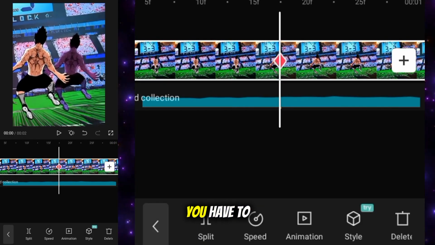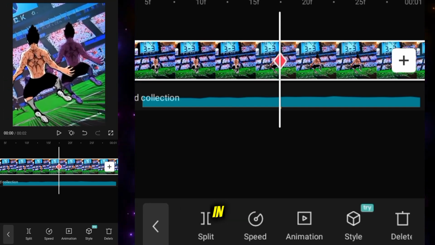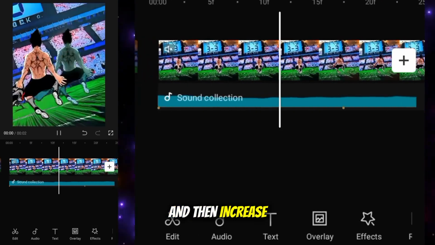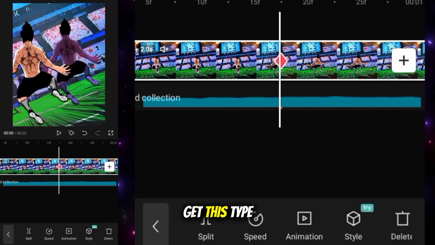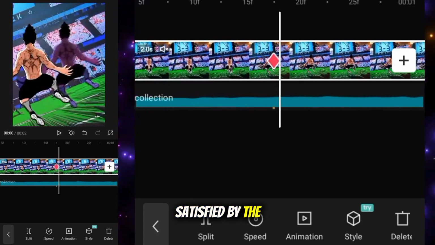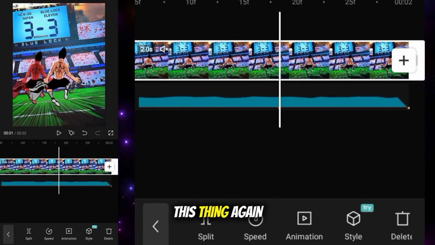Now what you have to do is some rotation. So for this one, you have to rotate it in like 16% in the minus, and then increase the scale by your thumb so you can get this type of movement. But if you are not satisfied with the position of the character, you can rearrange these things again and again